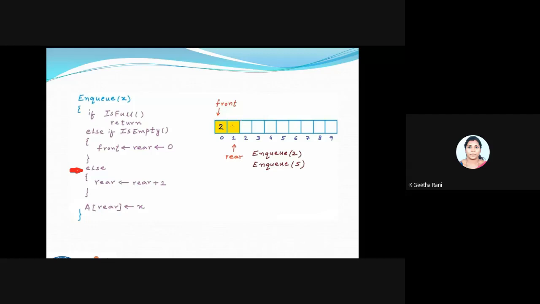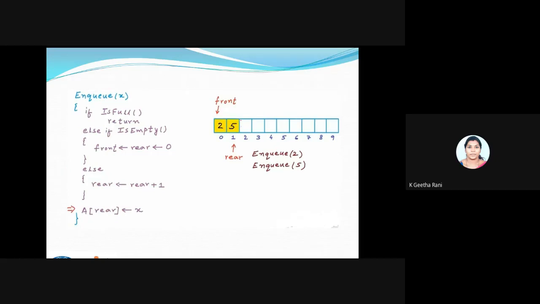I'm showing a step-by-step process. So here the rear has been moved, and 5 has been added to it. This is the way I'll be enqueuing it, and then just enqueuing one more value. You can see 7. The same process goes on. So now my front will have index 0, and rear will have index 2. So this part itself is my queue now. I won't be taking all of these as a queue. Only these 3 elements are inside my queue.